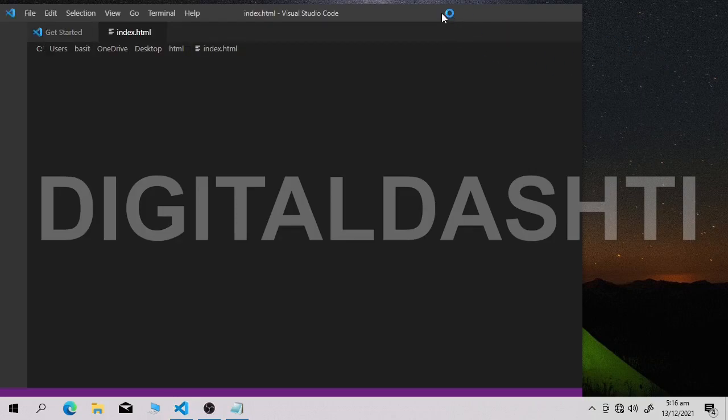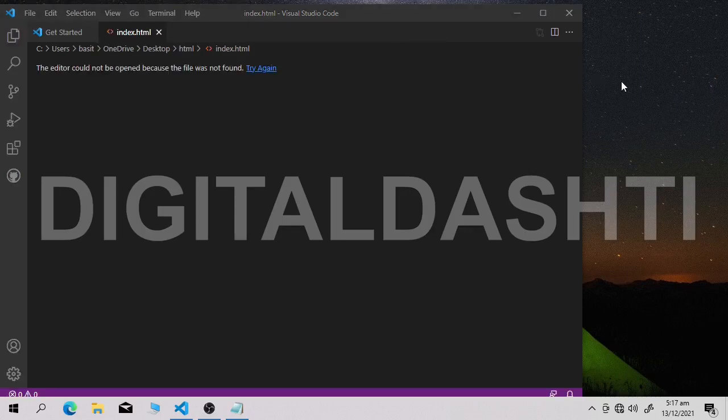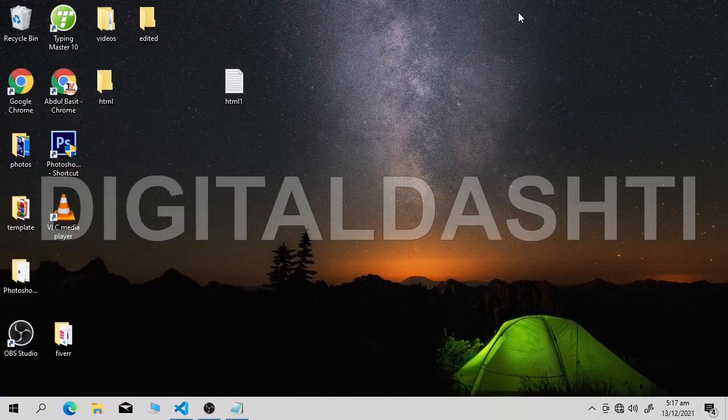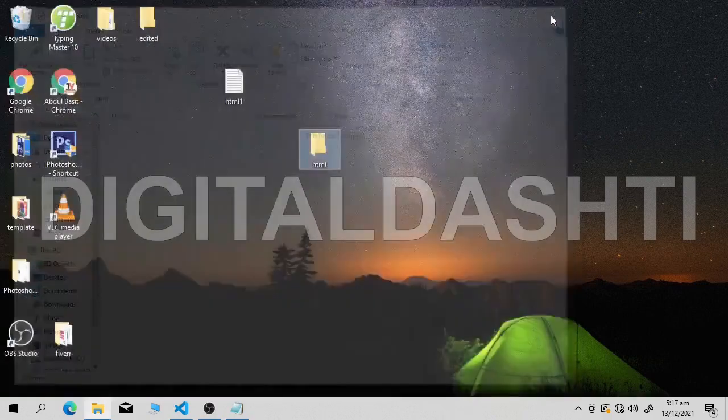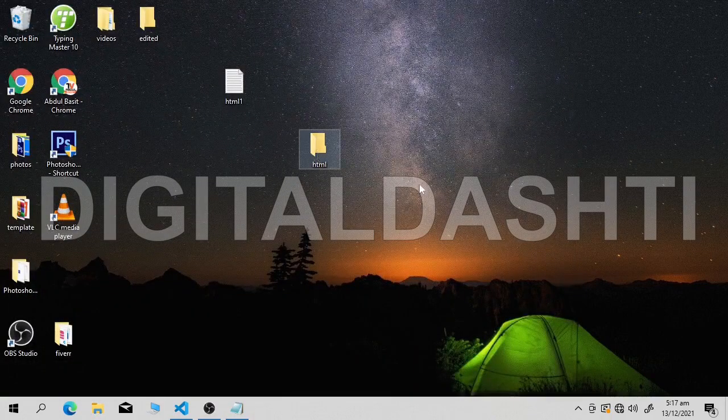First of all, where will you keep your HTML code? Here you can see I have created a folder. In this folder I'm gonna keep my entire website. Getting my point? Whatever pages I create, like if you go to a website, you can find so many pages there, like about us page, contact page, home page, privacy page. So here we will be keeping our entire content. This is a folder I have created earlier, and I named it HTML.